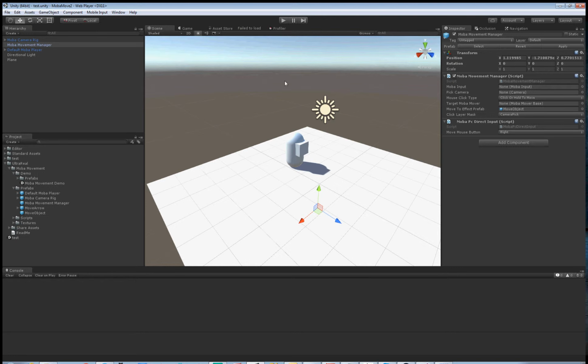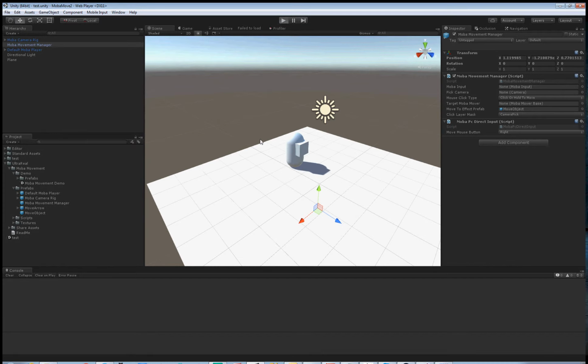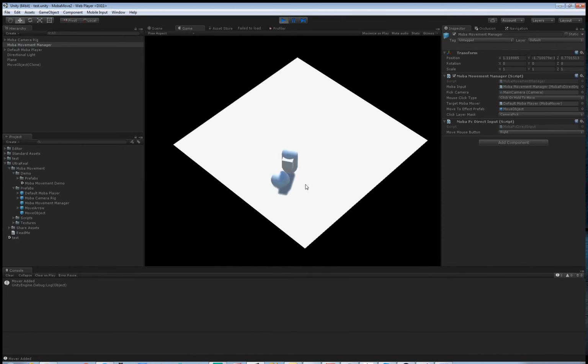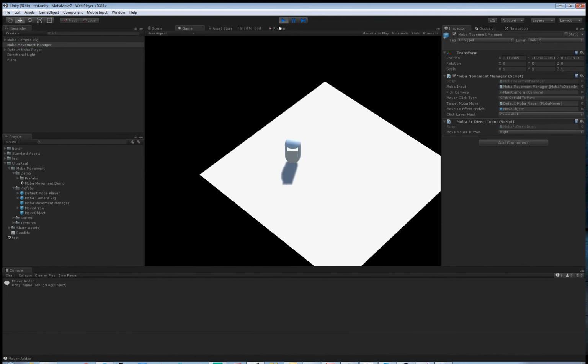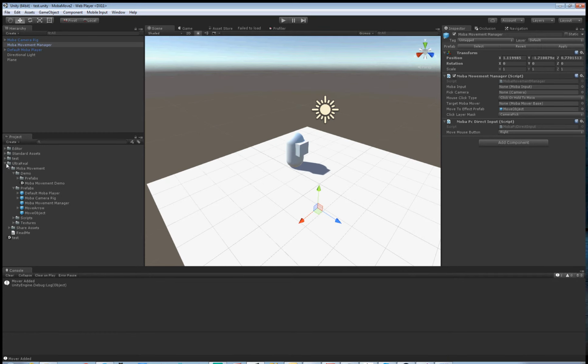Okay, this is the character setup tutorial. It's going to continue where the last one left off. So where we left off is we had a scene with a default character that moves around. So we're going to bring in Ethan from the standard assets, and we're going to apply him to the Moba